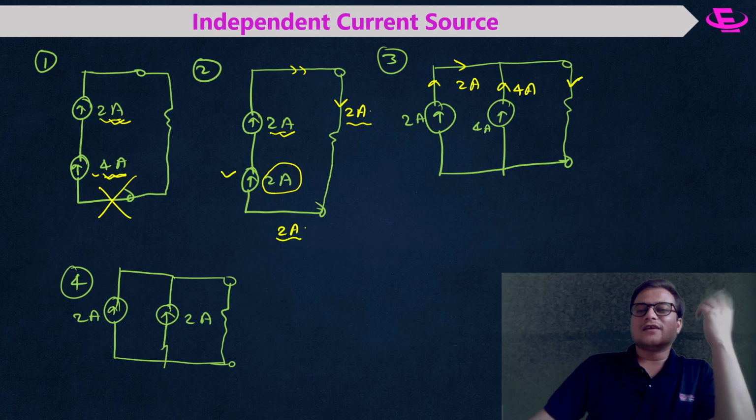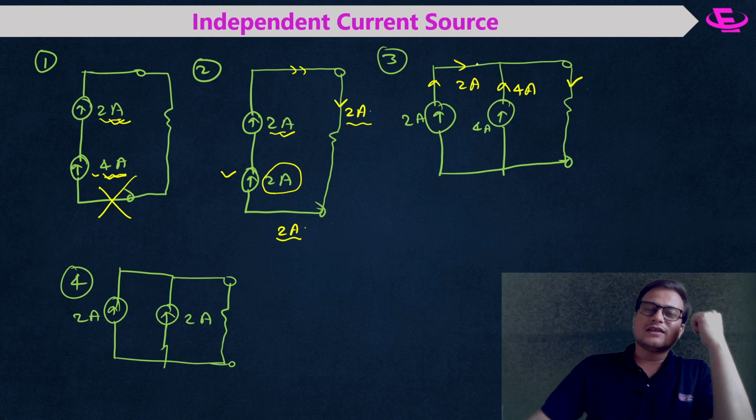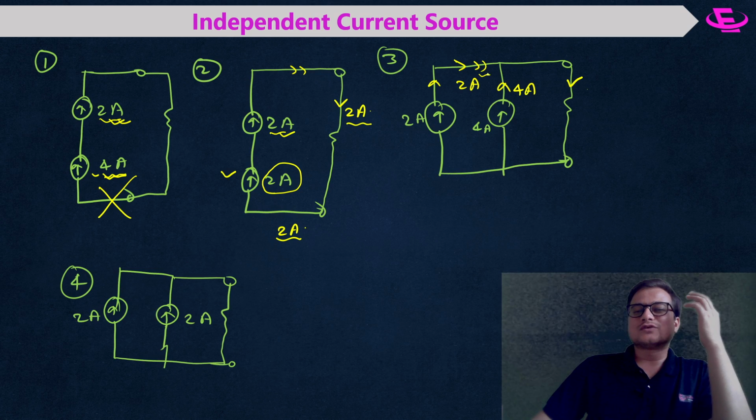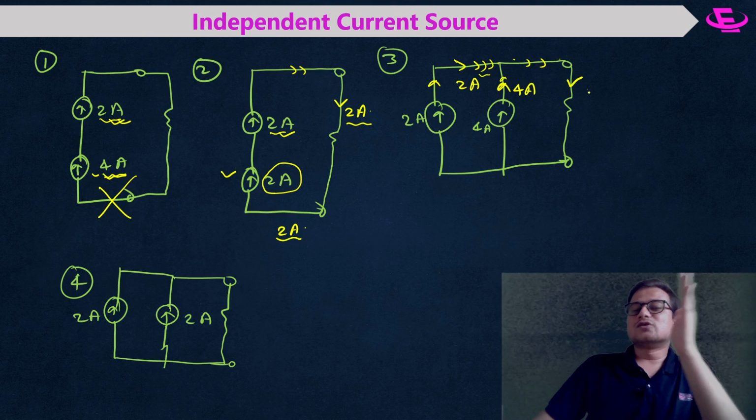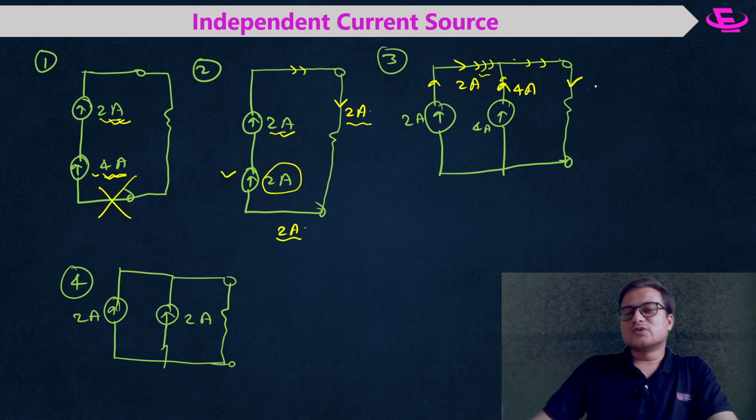He'll be happy right now. Why? He'll think that we have 2 sources. Right now these 2 sources are very good. One is saying 2 ampere current I am delivering. Okay, I'll take 2 ampere from this one and I'll take 4 ampere from this one. So when current sources are in parallel, total currents are being added. So here you will get 6 ampere of current.